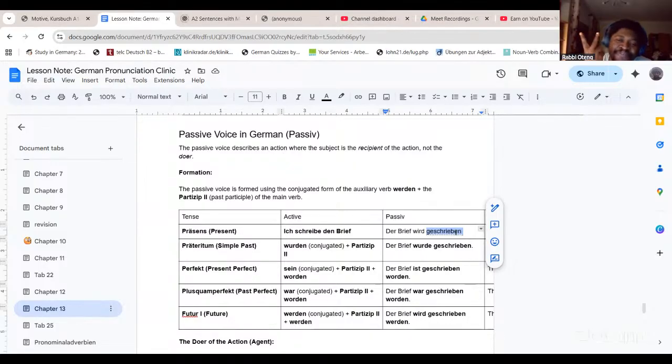We have two types of passive, and we have the Zustand passive. The Zustand is the current condition. So we have two types of passive. We have the Zustand passive and